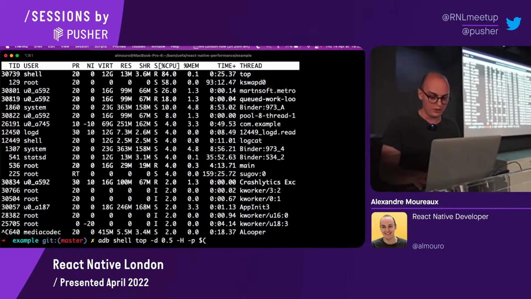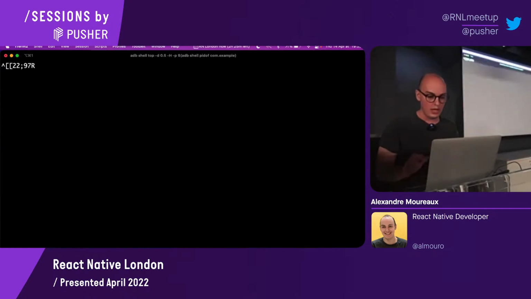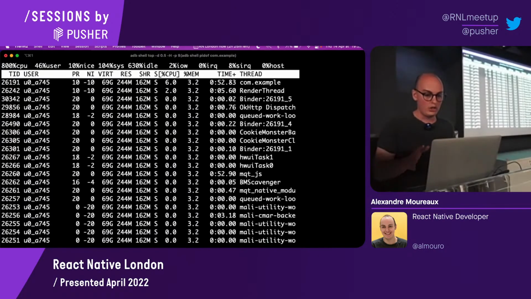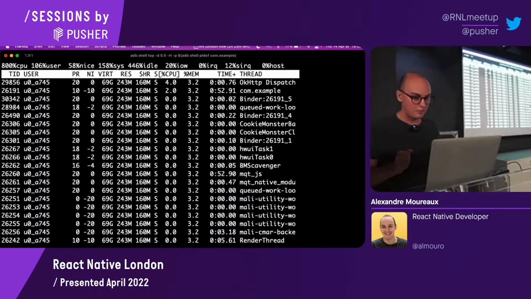You can do pretty much anything. So it turns out that it's adb shell pidof your bundle ID. My bundle ID is com.example. I do adb shell pidof com.example, and I get the process ID of my app. And then if I do -p with the process ID of my app, I should get only the threads for my app.